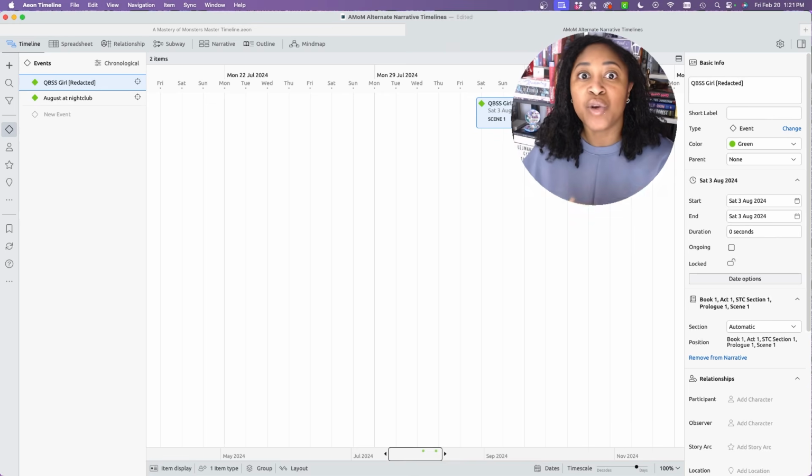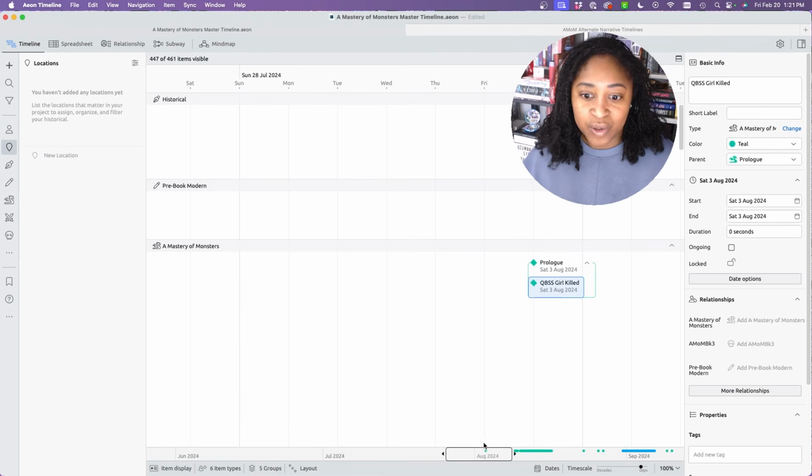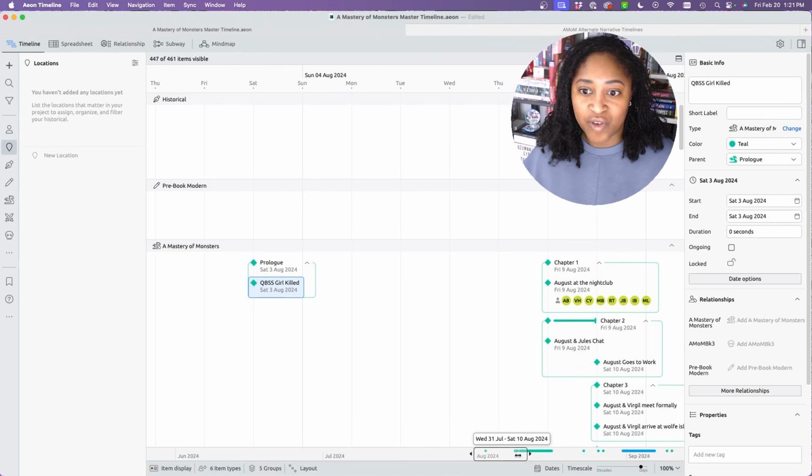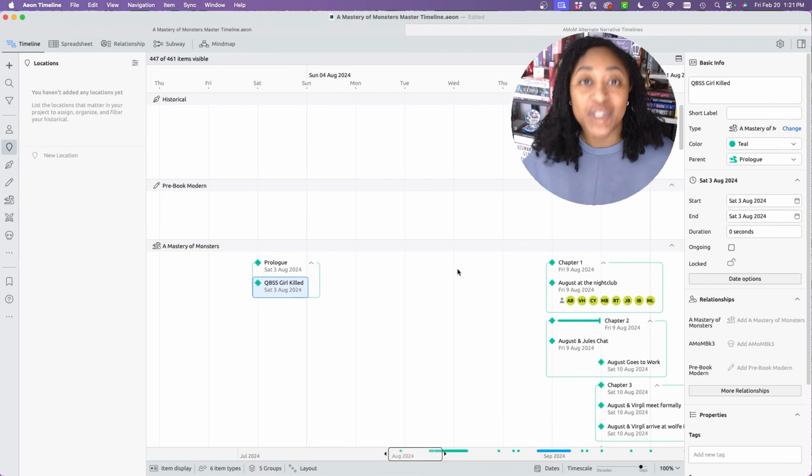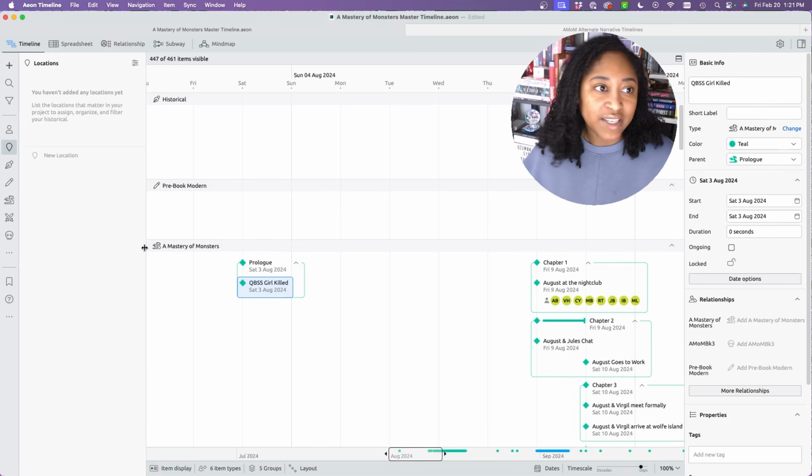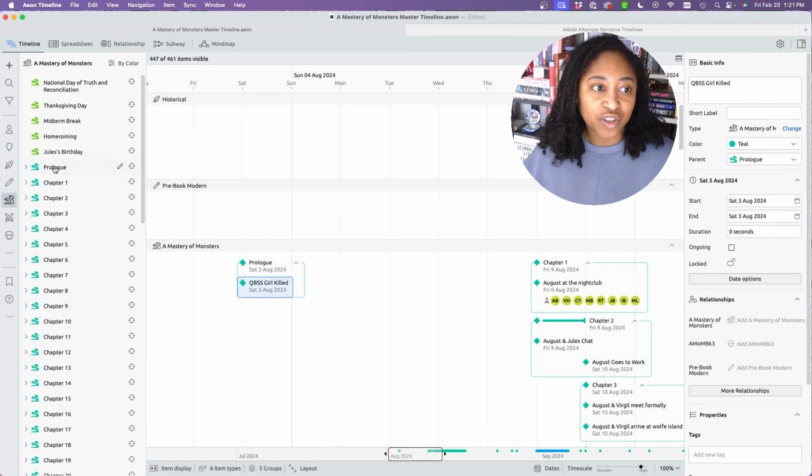But I wanted to show you the narrative timeline so you can see what it looks like and understand how you might want to use it, just in case you do. Let's go back to this timeline over here, and I can show you how I do use this system. So how I have these here, and we'll go to Mastery of Monsters, is I have the chapter,